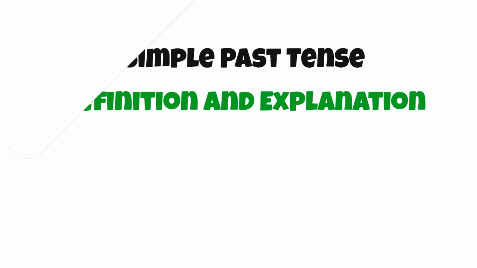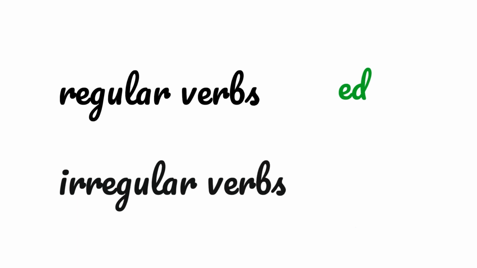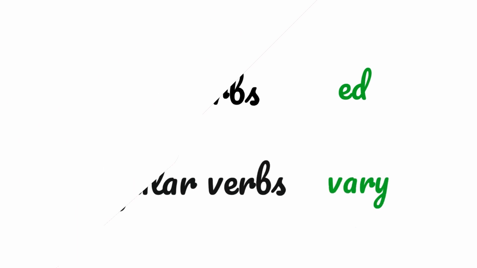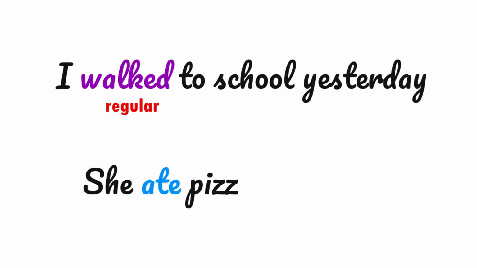Simple past tense is used to talk about completed actions or events that occurred at a specific point in the past. For regular verbs, we simply add -ed to the base form. For irregular verbs, the past tense forms can vary. For example, "I walked to school yesterday" uses the regular verb walked, while "she ate pizza for lunch" showcases the